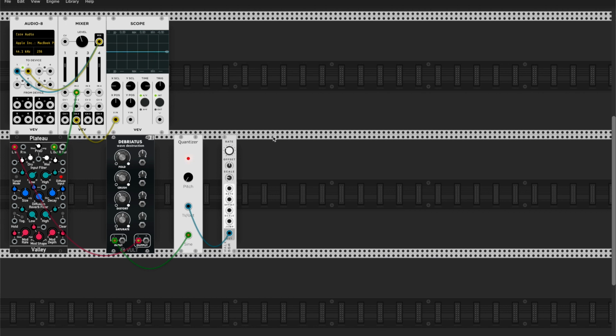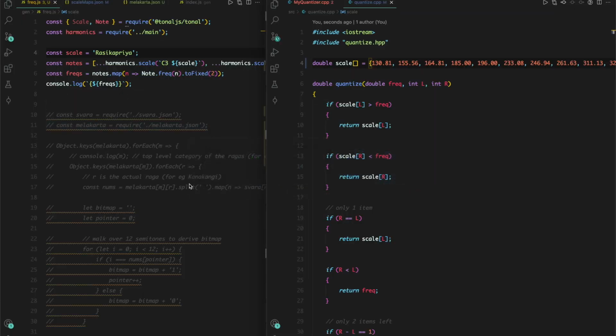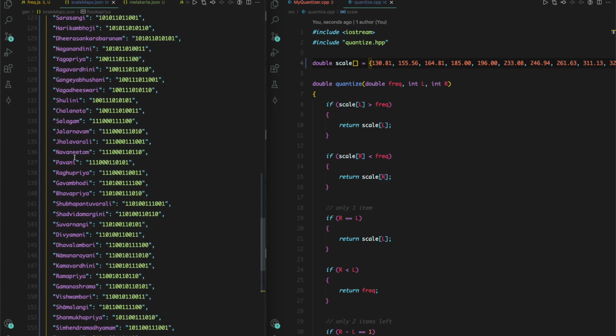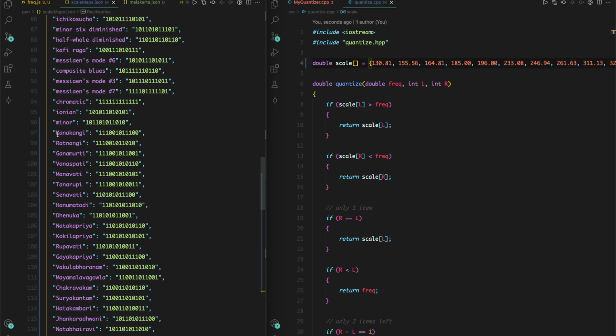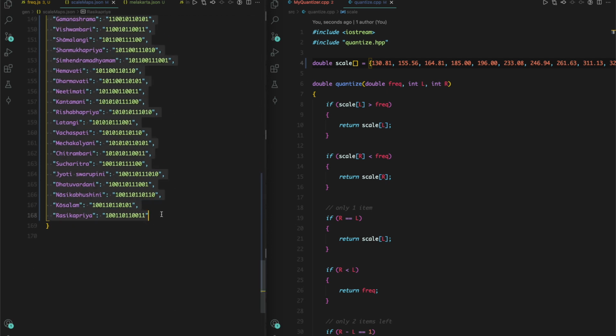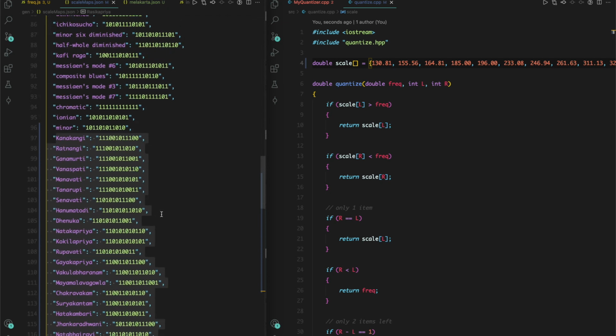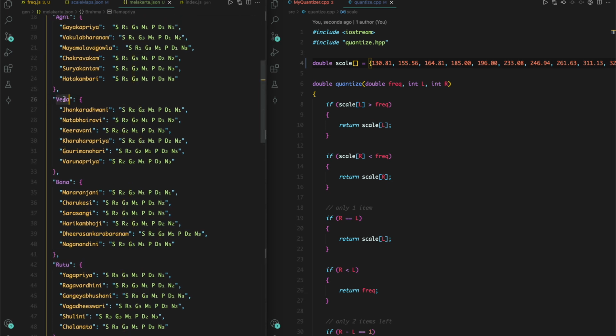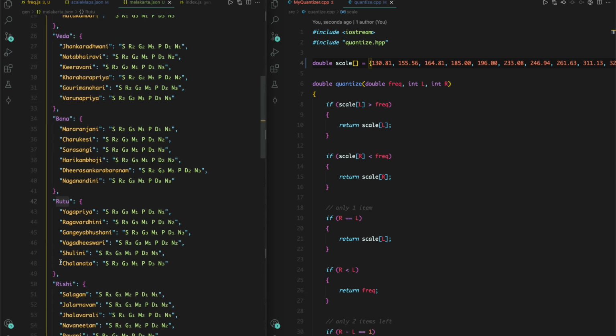Yeah, so that's more or less it. That's my demo for the day. And what I'm planning to do is, as you can see, I've put together a script that generates these bitmaps, as I call them, these ones and zeros based on the chromatic scale, and I'm generating about 80 of them, the ragas, and I'm going to create some modules that would be probably these top level. I'll give them these names, and they'll have these options to choose from, and it can kind of add a different kind of flavor to your music.